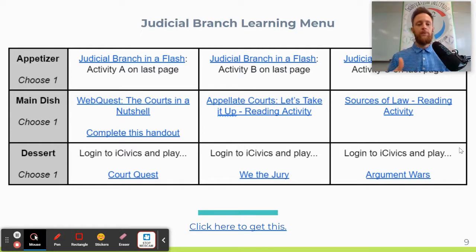So I had an appetizer, which was the same text for all the kids, but there were different activities that they could do to get warmed up. And they were all DOK1 level knowledge building type activities. And then for the main dish, I chose different activities that they could choose from, and they all went a lot deeper. One's a web quest. Some of them are a little more argument based, little more just deep diving into